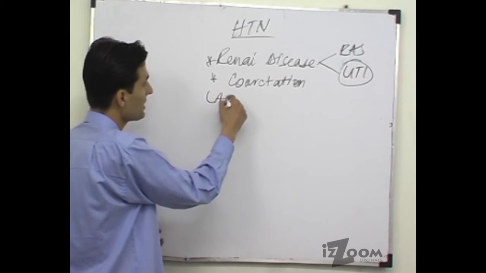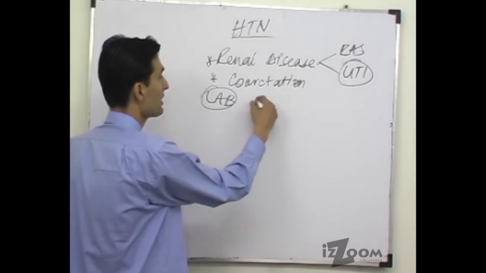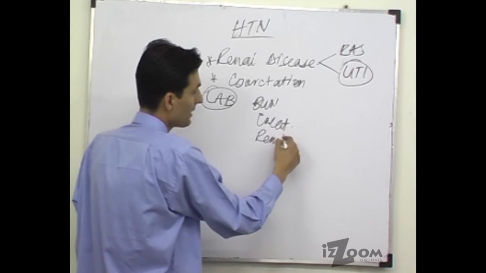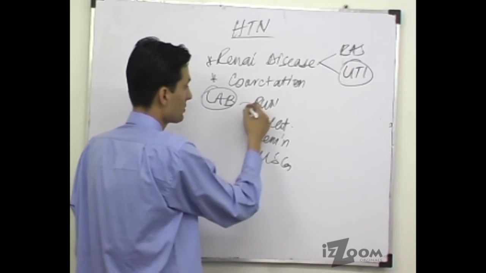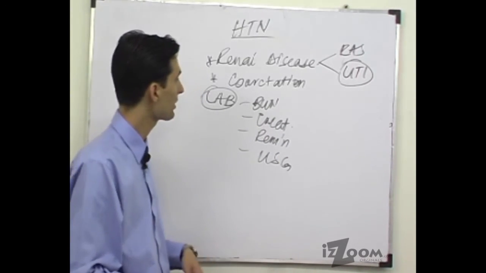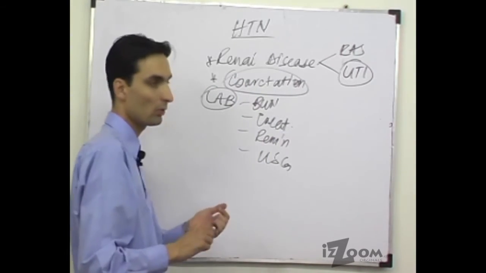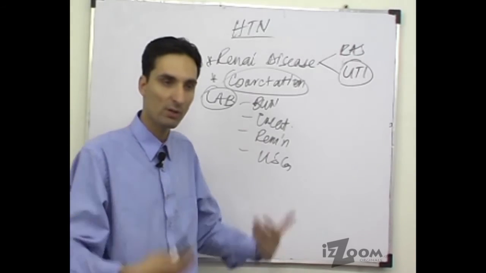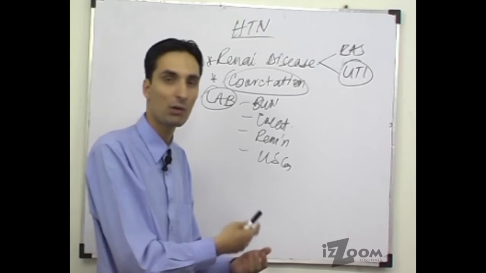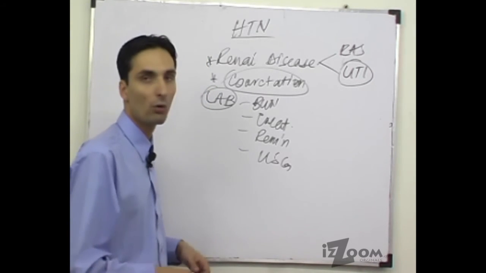So how do you investigate these patients? You investigate all the renal parameters such as blood urea nitrogen, creatinine, renin levels, and renal ultrasound, to rule out any renal involvement. And to rule out coarctation, clinically you measure the blood pressure of the upper and lower extremities. You check for radiofemoral delay and radioradial delay, and that is how you differentiate coarctation from other